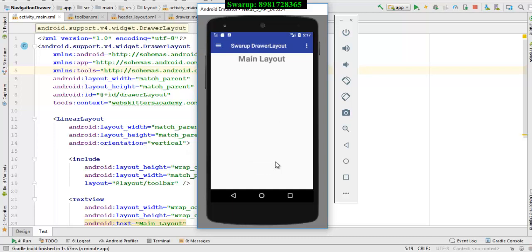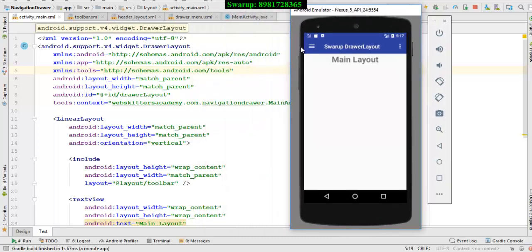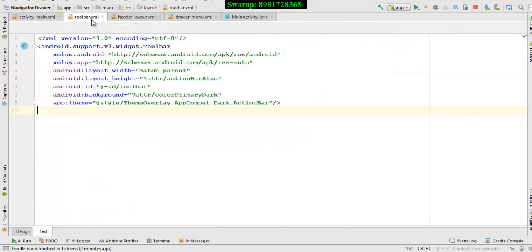So this is what the drawer layout is, but it seems to be very good looking and very easy, but actually you need to be a bit careful because there are some extensive resources which you need to have. So the first thing is you need to replace your default action bar and you have to customize your toolbar so that you can generate your hamburger icon as well as your option menu as well. So the first step is customizing of your toolbar, and that's what I have done in this particular file,